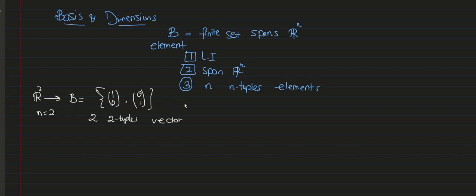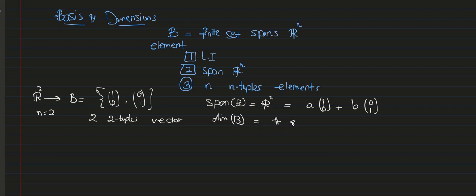The span of these two vectors, the span of the basis vector, is equal to R2. So we need the least number of vectors that can span a set, an infinite space, or any given set. In other words, R2 will be equal to all possible linear combinations of (1, 0) and (0, 1). It all makes sense. The dimension of B will be the number of elements in B, which means that